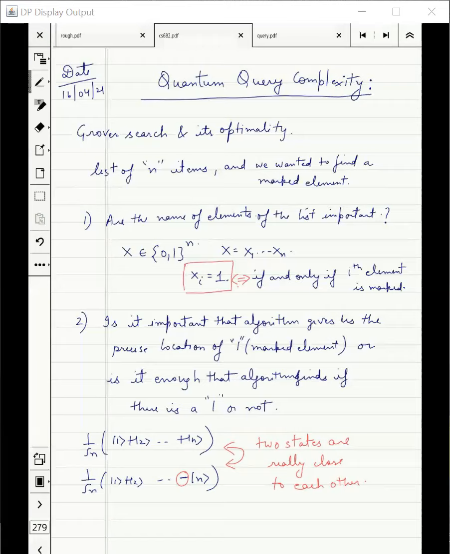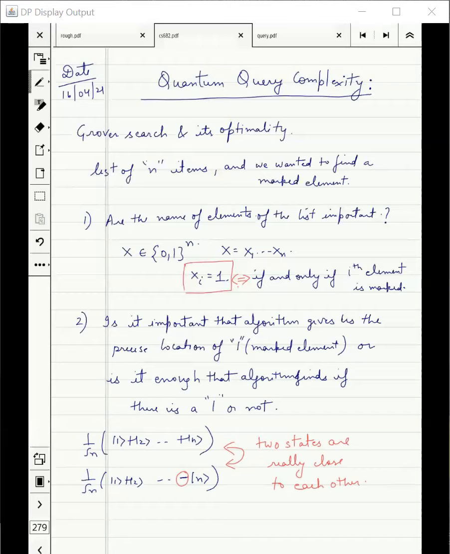And then measurement, whatever the measurement be, if the two vectors are very close to each other, then their projection on one of the projective subspaces will be very, very high. In other words, for any projective measurement, these two will come up with a very, very close statistics. It is very, very hard to distinguish between these.